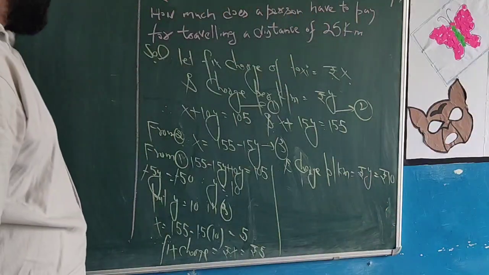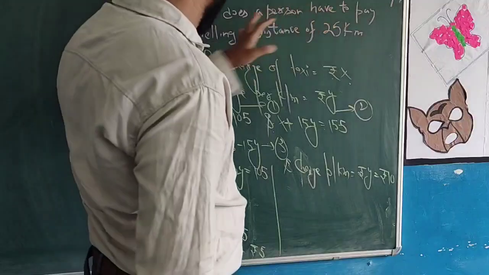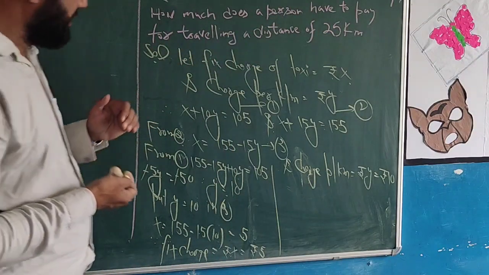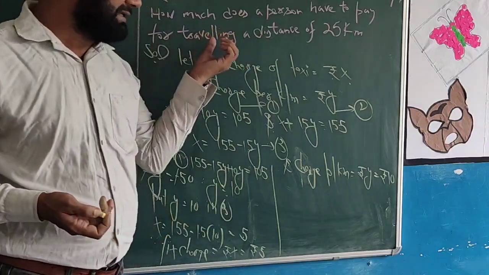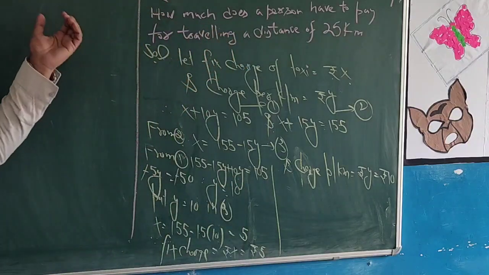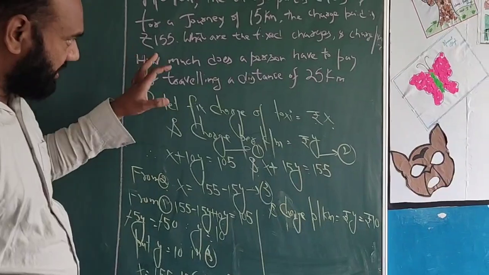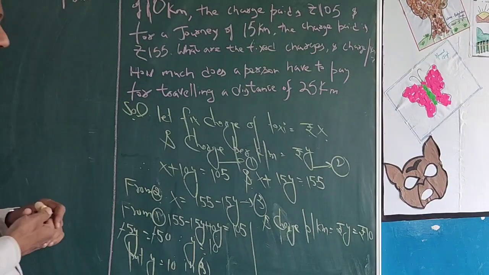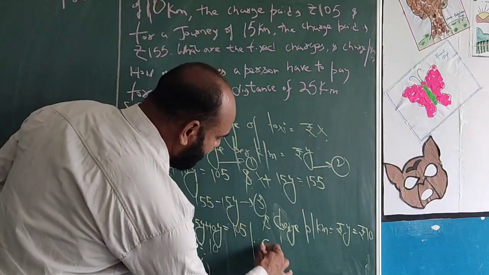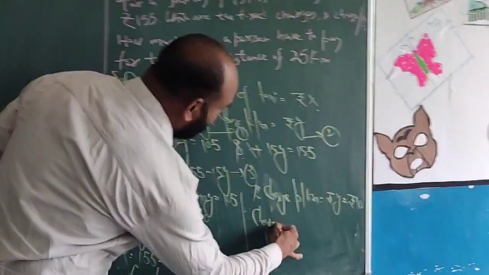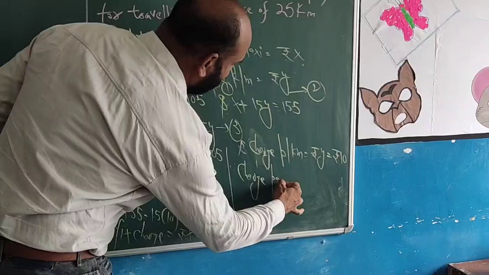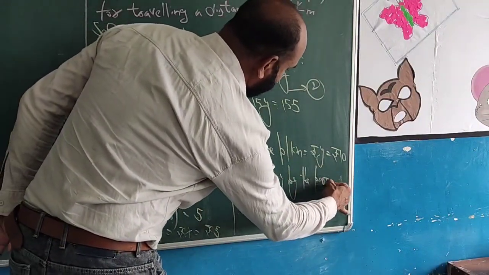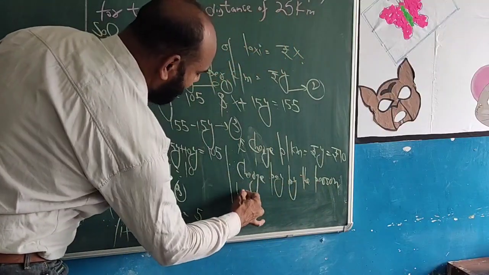And again, how much does a person have to pay for traveling a distance of 25 kilometers? Meaning, what is the fare which a person pays for covering a distance of 25 kilometers? Therefore, the charge paid by the person while traveling